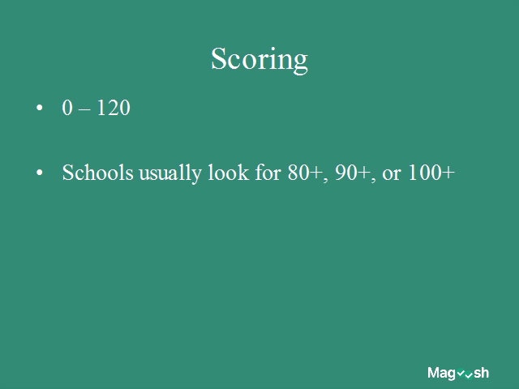The scores that people want are usually 80, 90, or 100. The most common goal score is 100 plus. Most schools will take 100 plus. Some schools actually do require higher. I have heard of schools requiring up to 115 out of 120. That is almost native. You might be a native speaker and score 111, if you don't know the test well already. So very few schools require scores that high.